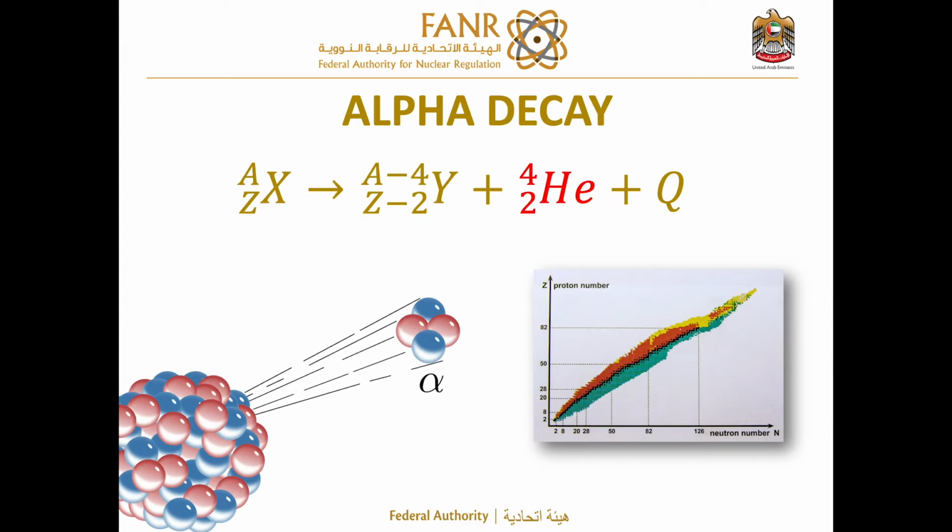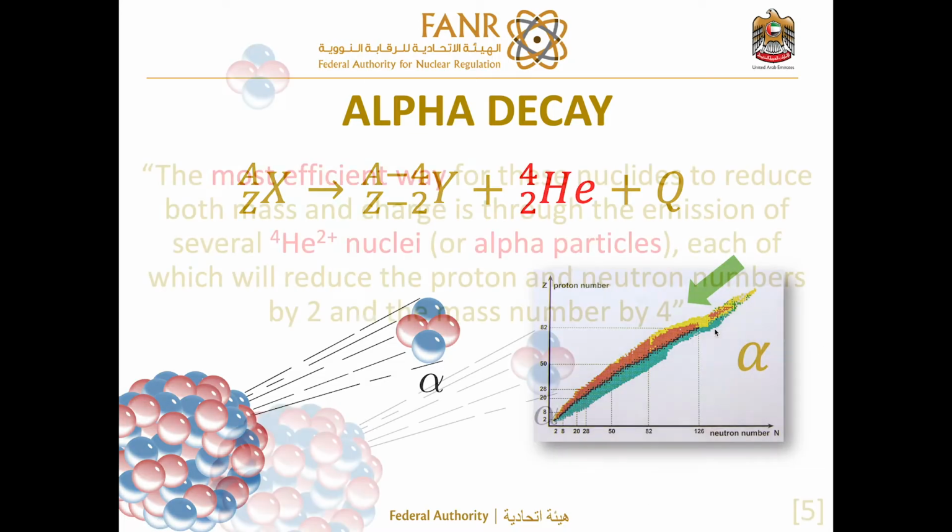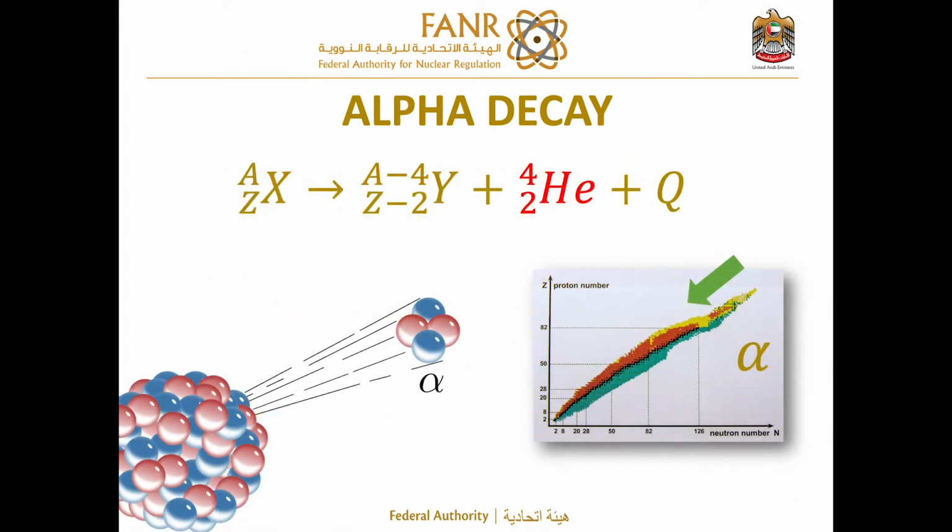Alpha decay, as I mentioned, is a very dramatic transformation for radionuclides. Beta decay does not change the mass number of a radionuclide, but alpha decay does. First of all, alpha decay happens only for those radionuclides that are very heavy, in the area of the diagram here, indicated as yellow, normally for radionuclides of mass numbers of 200